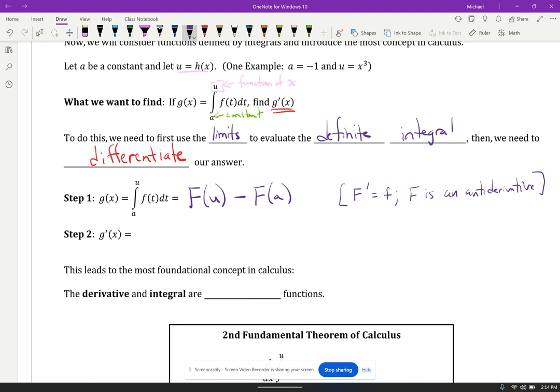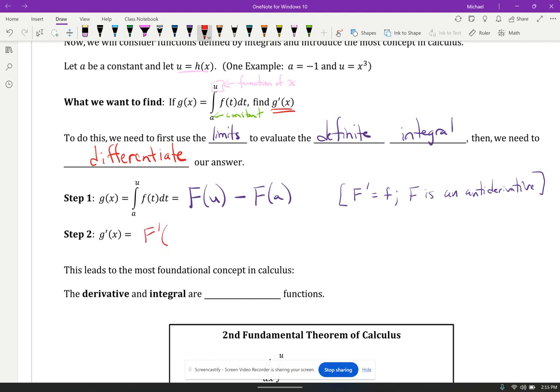So the derivative of capital F is little f. That's how we found the antiderivative. Okay, we did step one, but now we're going to have to take the derivative. Well, if I'm going to take the derivative, I'm going to take the derivative of the first part and the second part. Well, the derivative of the first part would be f prime,